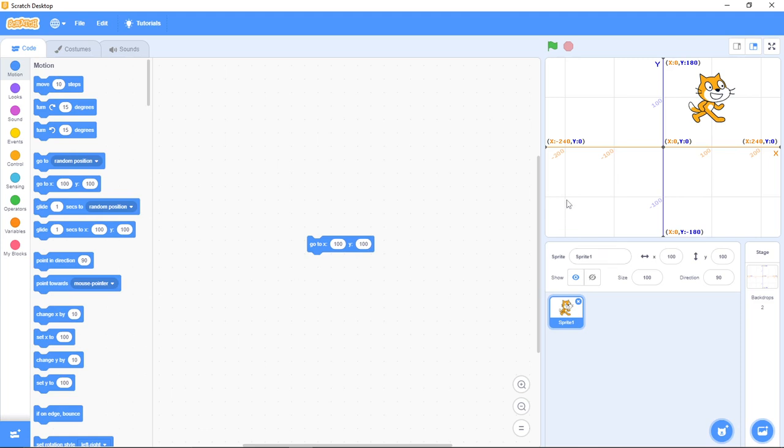Now, if I want to take it to this point, you notice my Y is minus 100 and my X is minus 200. So I'm going to start with my X. My X here is minus 200, and my Y here is minus 100. This is where the X and Y lines meet. This is for the Y, where this line meets the 100, and this is for the X, where it meets. So this is where they intersect, and that's where it's going to come. So if I click on this,